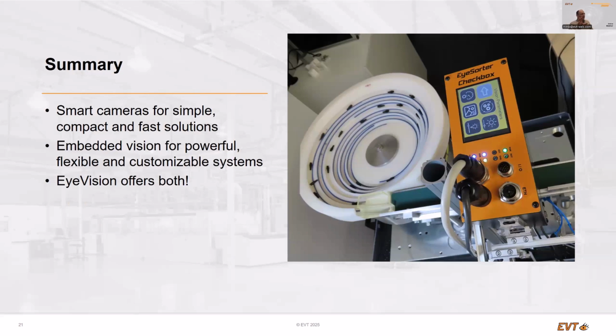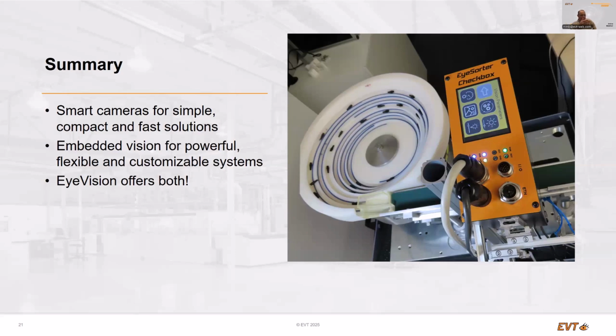There are so many smart cameras in the market that you always will find one which is good for the case you want to solve. Or if you don't find it, of course, you will find an embedded system which allows you to do the task, as I just